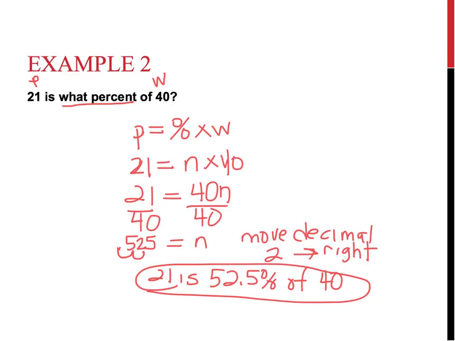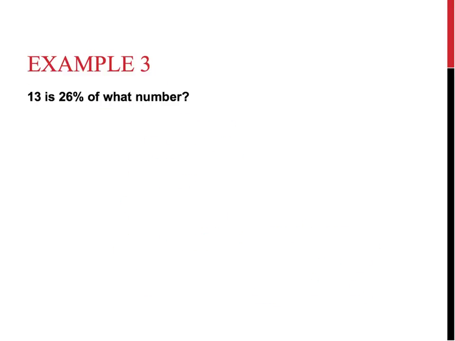Let's look at example 3. It says 13 is 26% of what number? 13 is, that's my part, that's my percent. What number of what number? We don't know our whole. So remember, part is equal to percent times whole. So we know our part, 13, right, is equal to percent. We have to change that to a decimal, so we move it over to